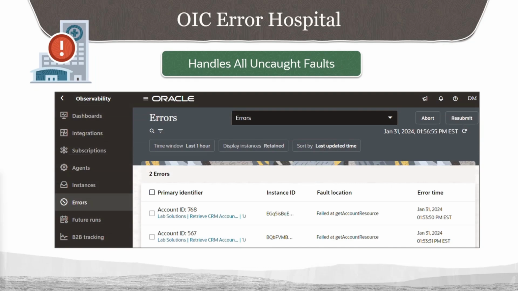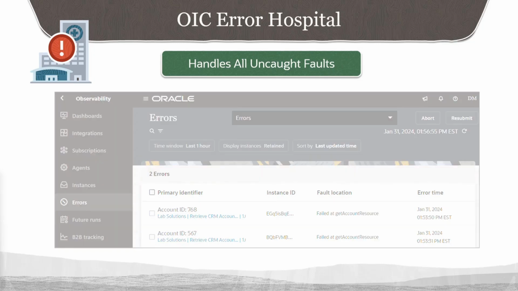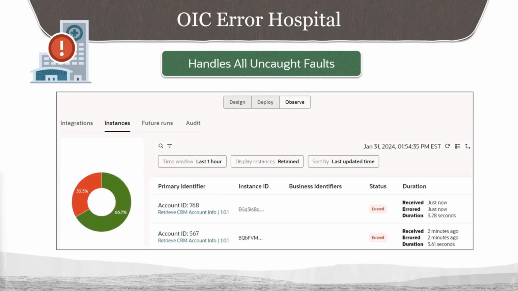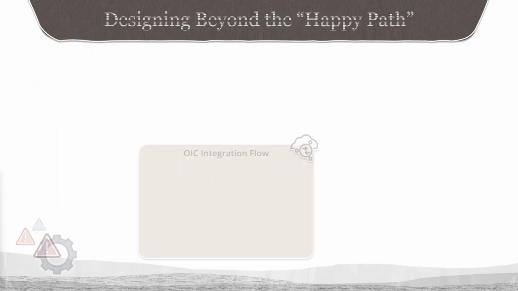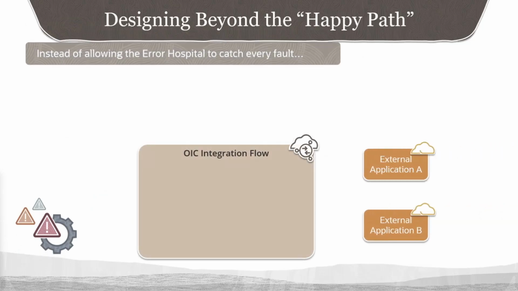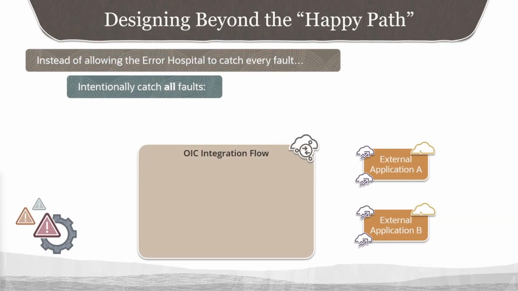Additionally, errors and faults delivered to the error hospital will be visible to integration service monitors on the observability errors page, as shown here. Or when you're working within your project, these can be seen on the Observe Instances page. And when you think about it, this default behavior of using the error hospital works well, at least for many use cases. However, as an alternative to that default behavior, the best practice is to intentionally catch every fault that